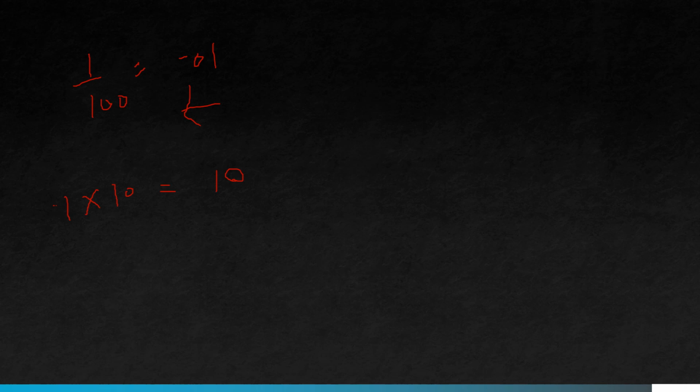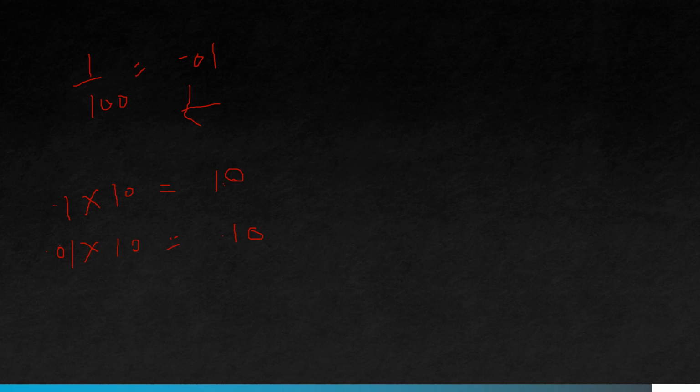So one place is there, right? So after one place you can put the decimal, right? So what will be the answer? 1.0. Similarly, 0.01 into 10. So 10 1's are 10, right? And after how many places do you have to write the decimal? 0 1, two places are there, so you have to write the decimal after two places. Okay,